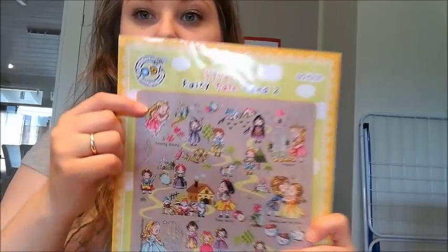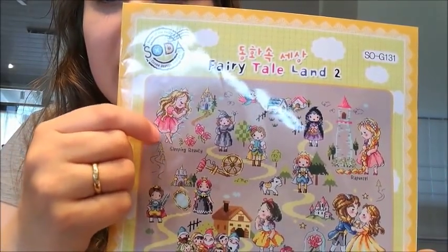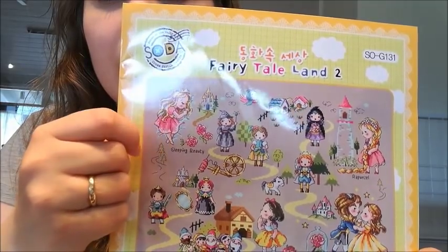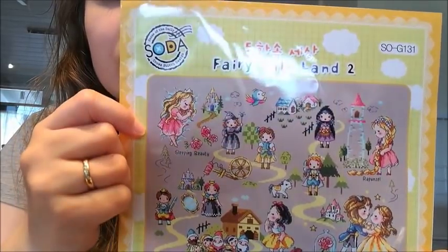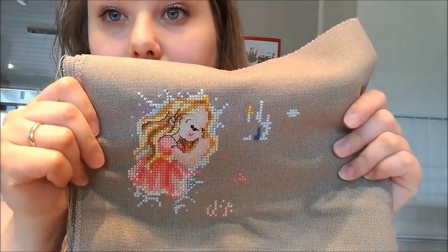So I'm just here, almost finished with her dress, and I need the feet 1/1. I'm backstitching and then she is done. So I really love working on this,